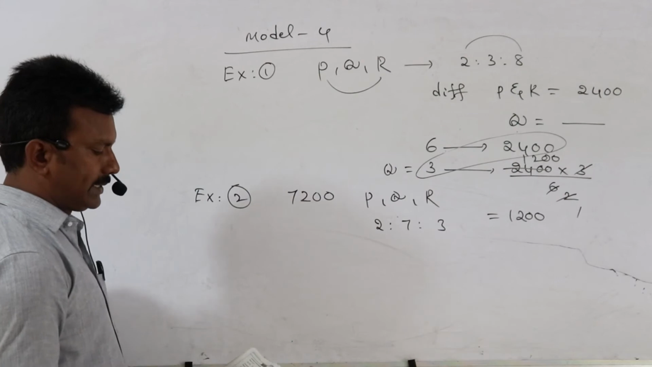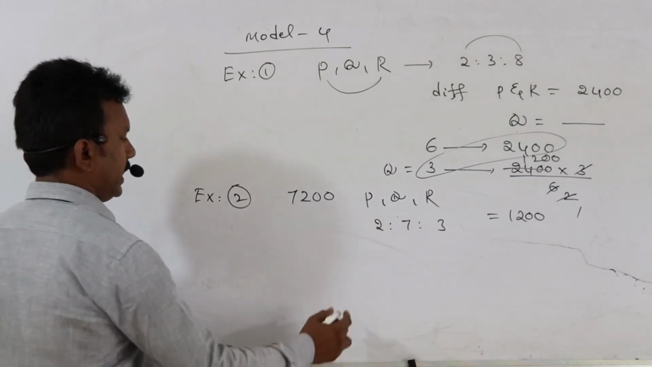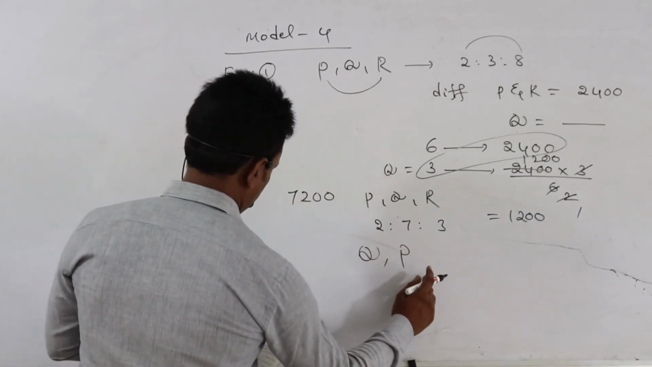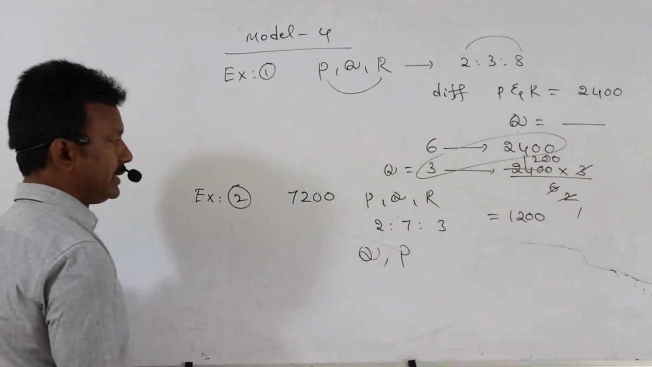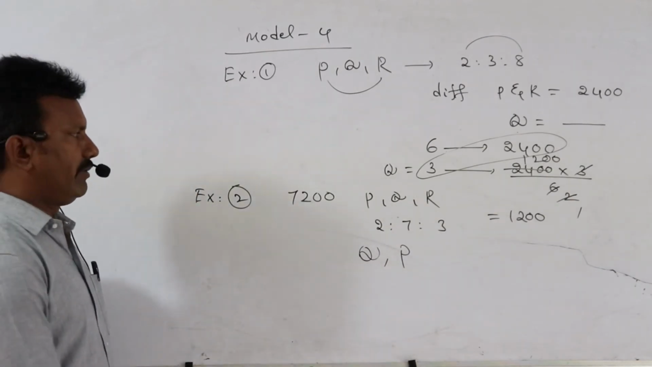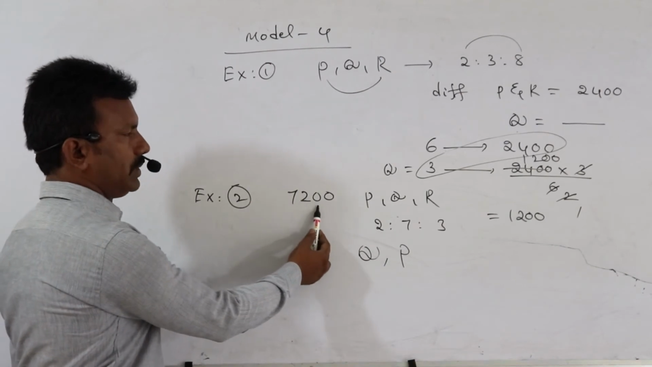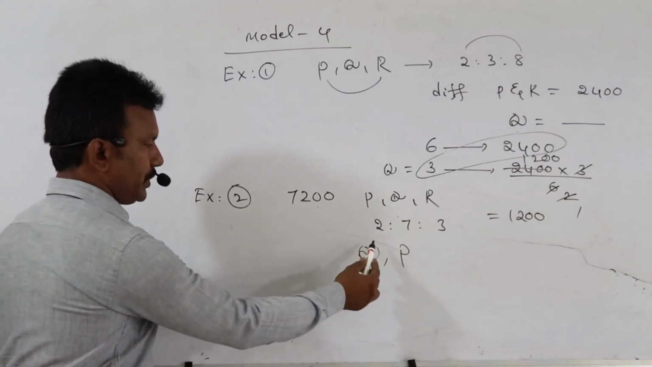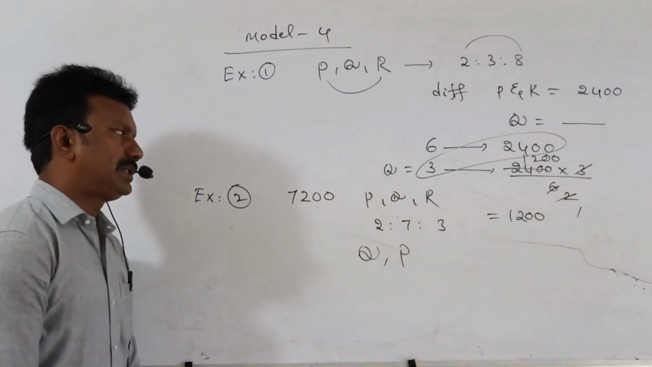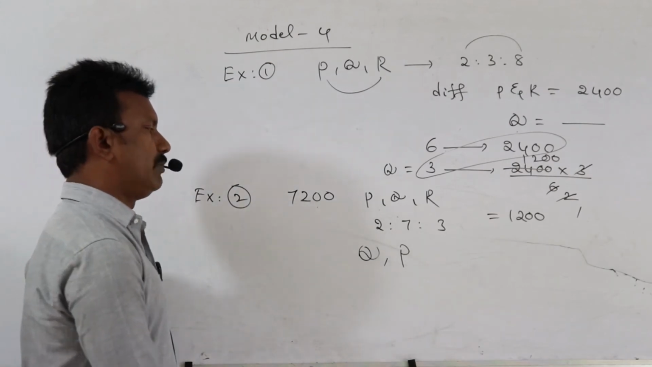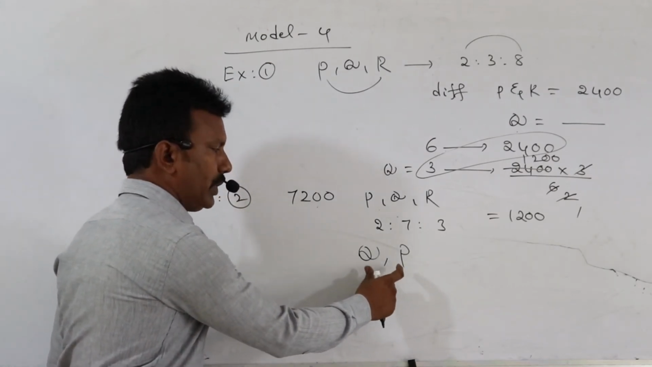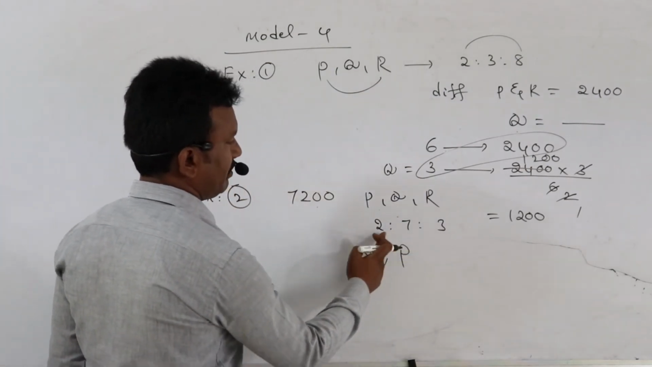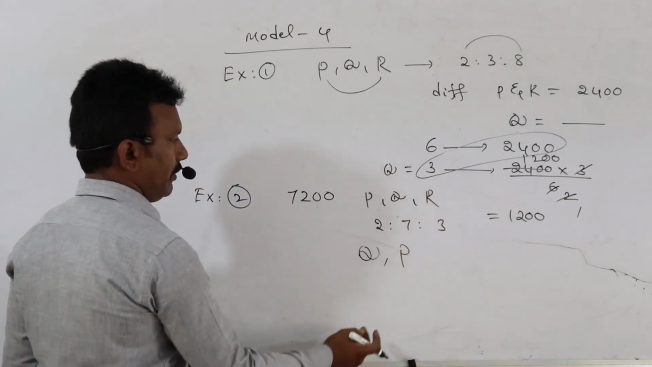The share of Q exceeds the share of P by the amount. So this is our question. Given that the amount of 7,200 rupees is divided between P, Q, R in the ratio 2 is to 7 is to 3, what is the difference amount between Q and P? That is our question. So clearly the sum of the total ratios is 12 parts,